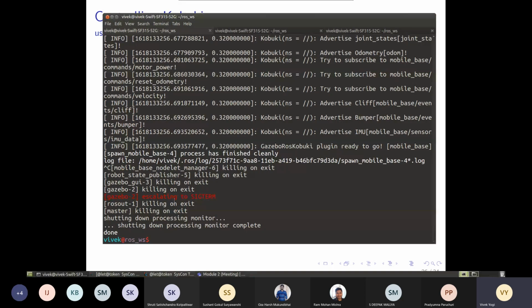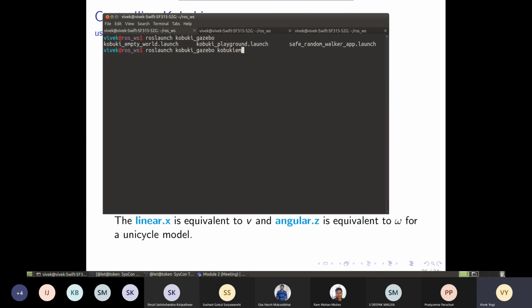Because my robot is not running, let me just load it. So roslaunch kobuki gazebo, and then what is it? I think it was empty world. Yeah, Kobuki empty world, kobuki underscore. Here, if you see, I'm using this autocomplete tab thing. Empty world here. I just pressed tab and it autocompleted. So when I'm going to